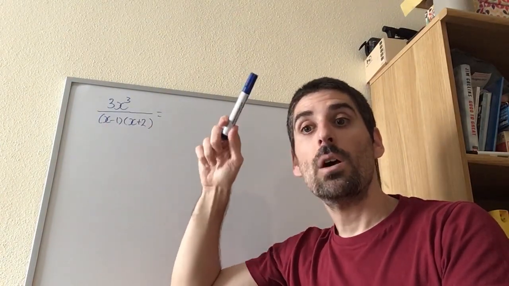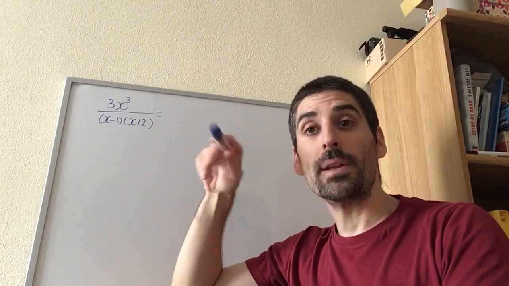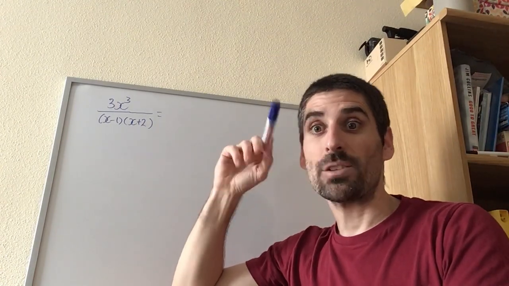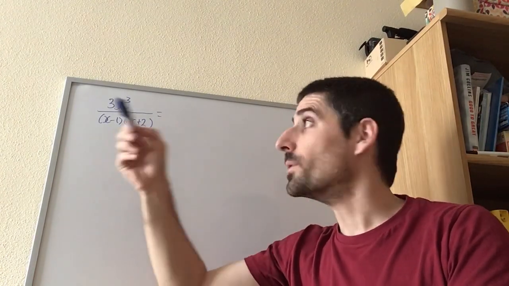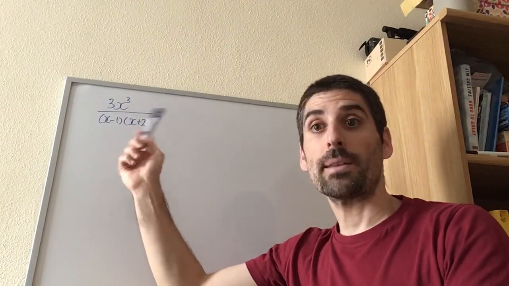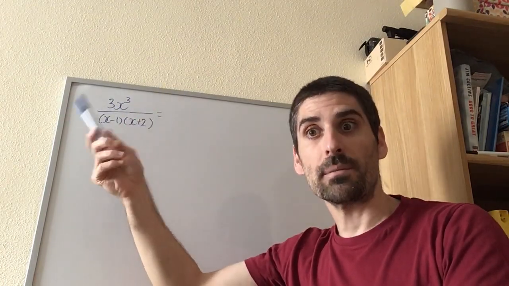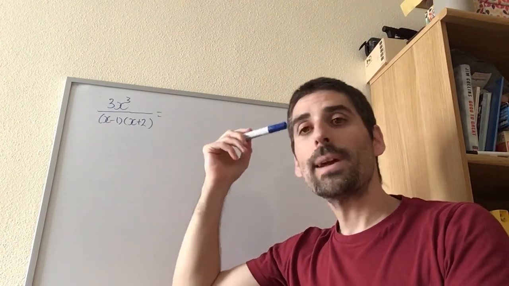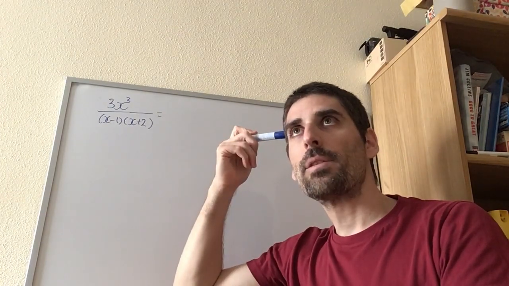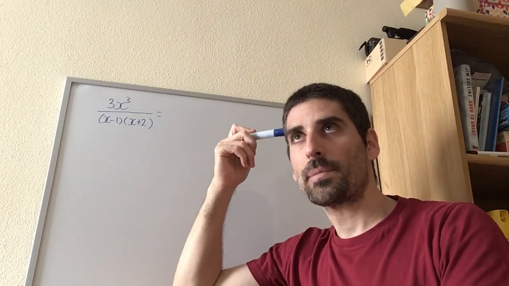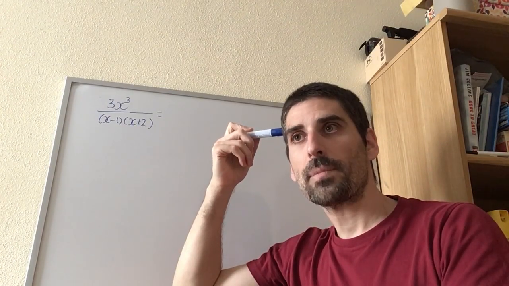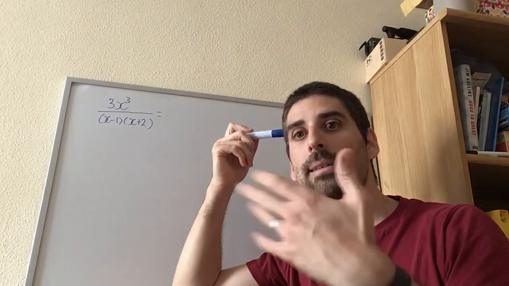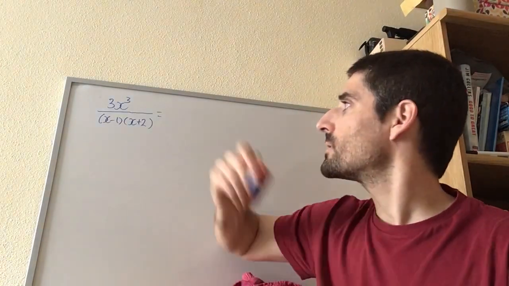So the question is, what's the highest power in the denominator for the variable x? Don't say 1, it's actually 2. Why is it 2? Because when I expand the double bracket, I'm going to get an x squared term. Right? So what do I get if I divide 3x cubed by an x squared? Well, I'm going to get a term in x, aren't I? So this is going to be